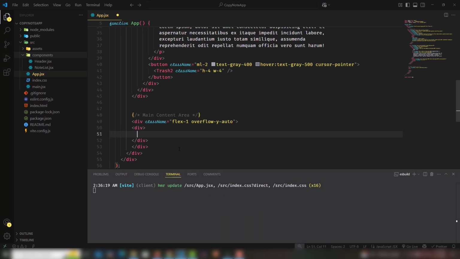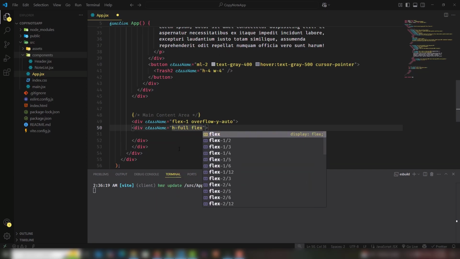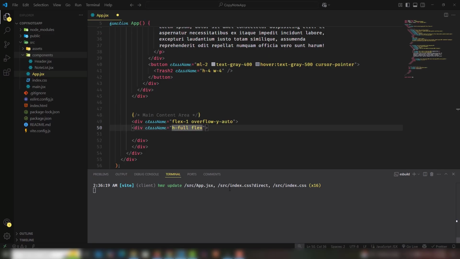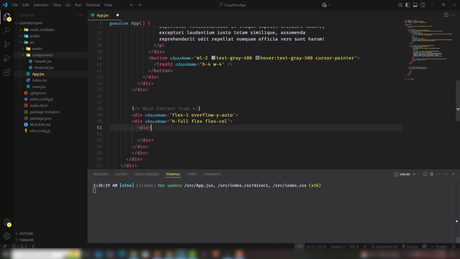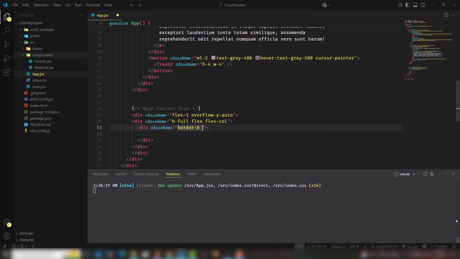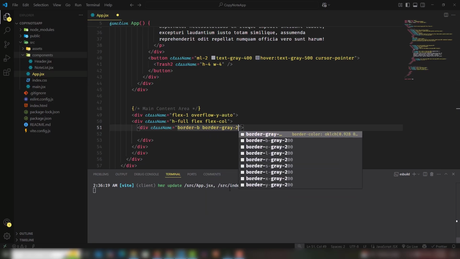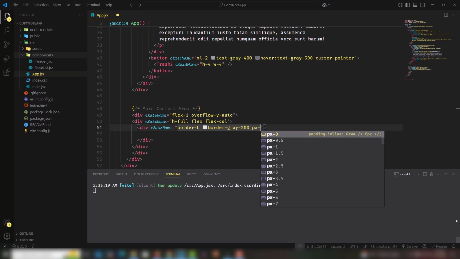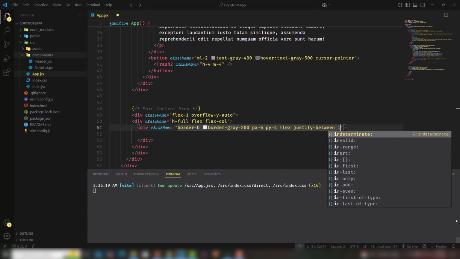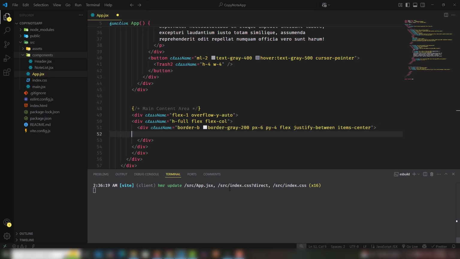Then I will use height full, and flex, that will display in front of our section like this one area. So flex-col, and then I'm going to add one more div there with class border-bottom, and border should be gray 200, padding top and bottom, left and right 6, top and bottom 4, flex justify-between, and items center. Inside this one I'm going to add the